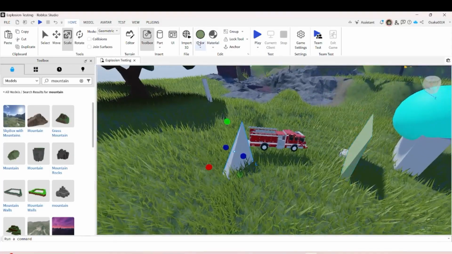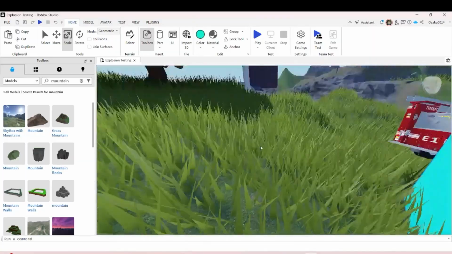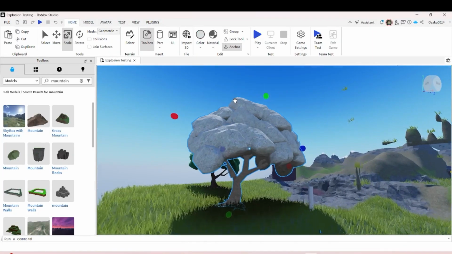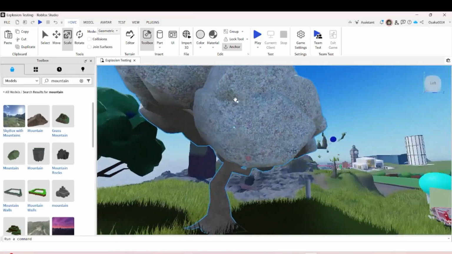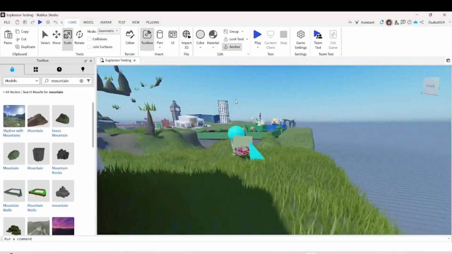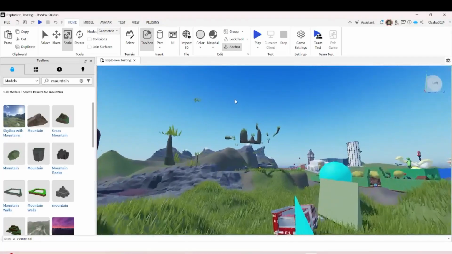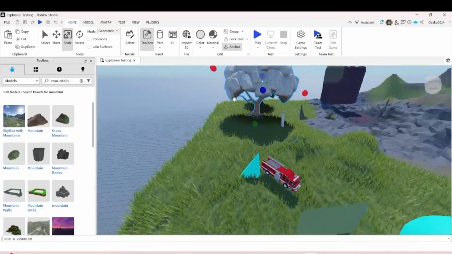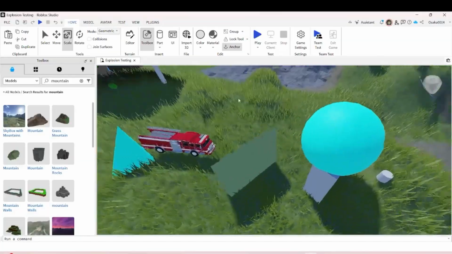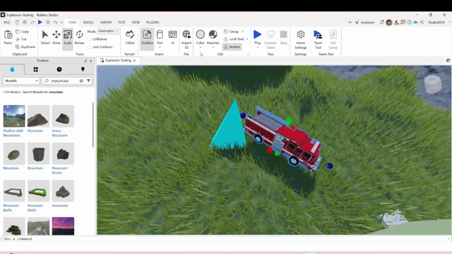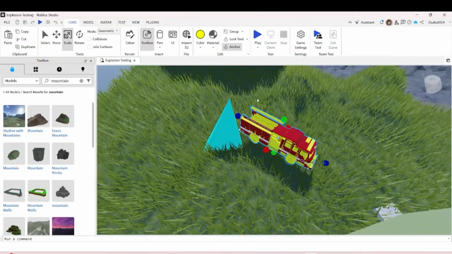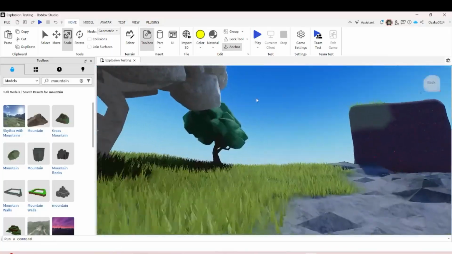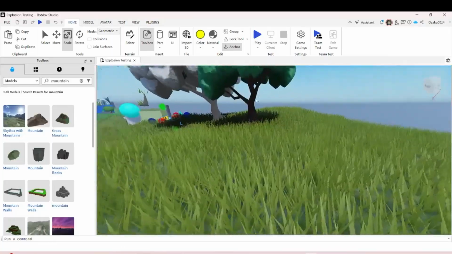You can use it from here. As you can see, the tree can be changed. So you can see I turned it all gray, and pretty much all objects, even if they come from the toolbox, you can change their color as much as you want. You can design it as much as you want. I want yellow, and as you can see, it turned yellow. So that's how you can use the color tool.